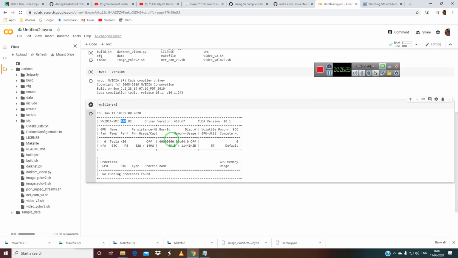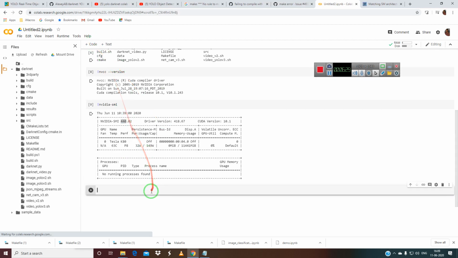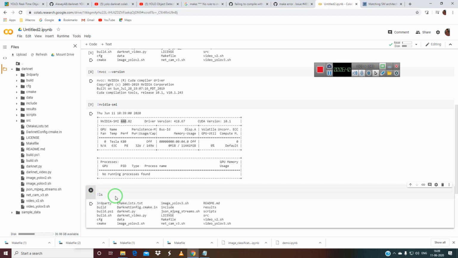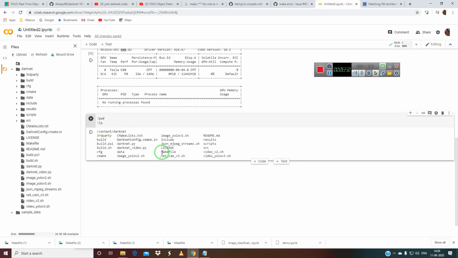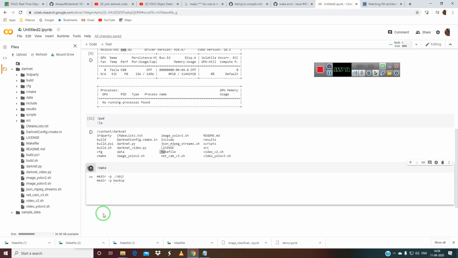So now we have to set it, because we have to run the Makefile. We get here, and again type ls. This has to show, and the present working directory should also show, so type pwd. This is the present working directory inside darknet, and our Makefile is over here. So now we are going to make it. Let's type make. If this doesn't work, we have to go through certain things.